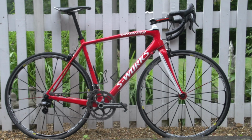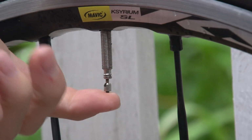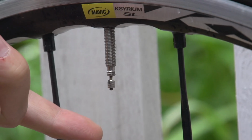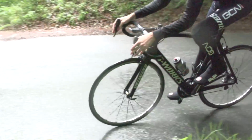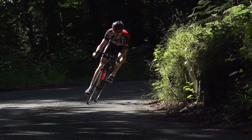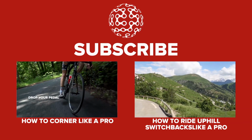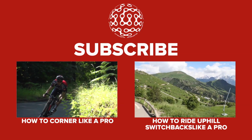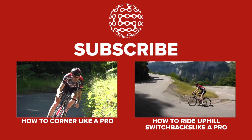A much quicker fix than changing your tyres is simply to drop the pressure. This increases the contact patch to the road and gives you more traction. Once you've factored these things in, your approach to the technique for wet cornering can be the same as in the dry, and for that, check out this video. The 6 o'clock position, and put your weight through it, keeping your backside off the saddle. Lean the bike towards the direction of the corner, and if you're really cranking it over, shift the bike more than your